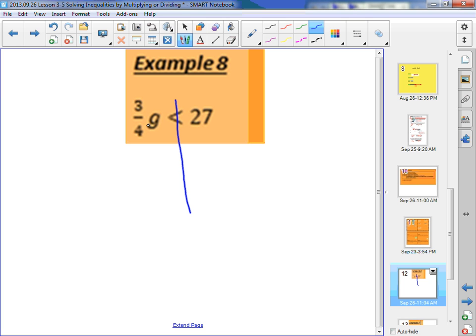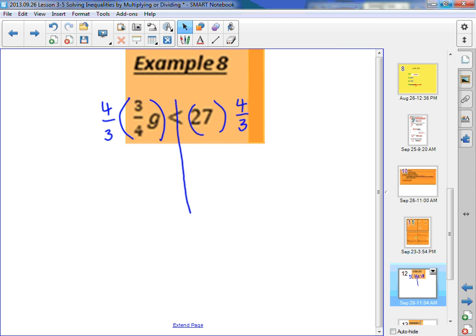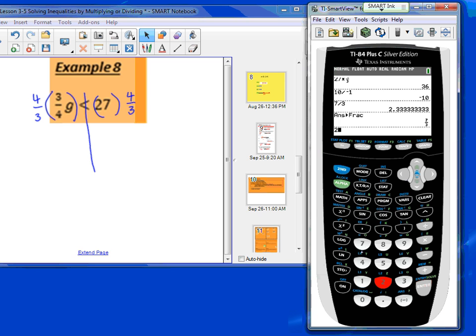Anybody remember the official name? Oh, somebody remembered. Who was that? Reciprocal. Good job, Kaylee. So I take the reciprocal of 3/4, which is 4/3. Okay? So I'm multiplying with the reciprocal here, and I multiply with the reciprocal on the other side. Okay. So then in my calculator, I do 27 times